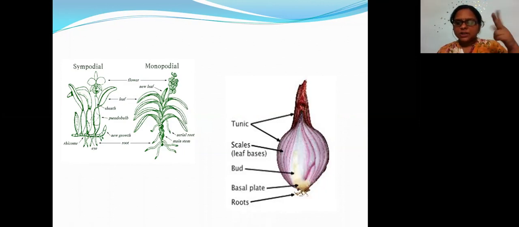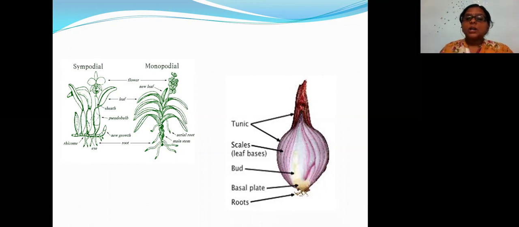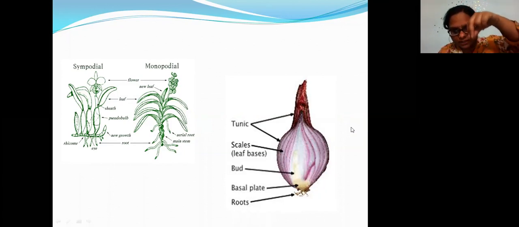So just cut it and you can use it for dressing your salads or sandwiches, right? If you want to get spring onions, you take the small onions, like shallots, and put them upside down inside the soil. You can see that from the base part, the roots will start developing.